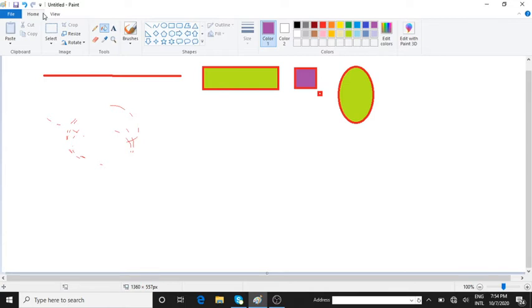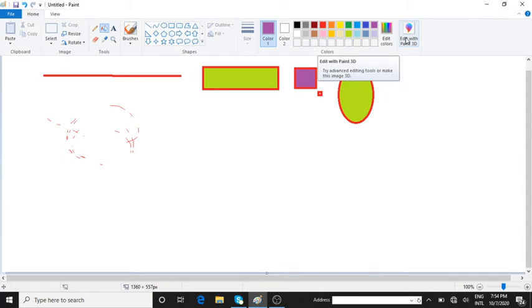So in this chapter, we'll discuss some of the tools that we have not discussed till now. Got it, children? So now you got to know the tabs which are present. That's your home, file and view. Quick access toolbar you have. You have a clipboard wherein you have paste and cut copy option. Then you have selecting, rotate, resize and crop the images. Then the tools group you have different pattern brushes. Then you have shapes wherein you have outline or fill with color. Okay, that also you can choose. Then color 1, color 2, you can just choose whichever you want. Okay, we'll be seeing that different colors you have. Got it?